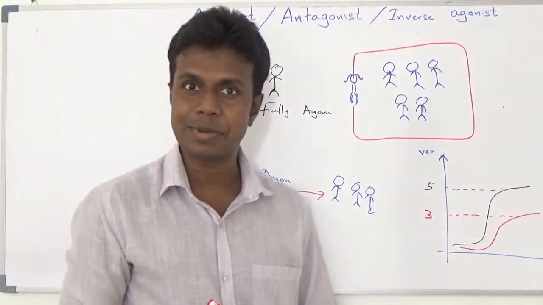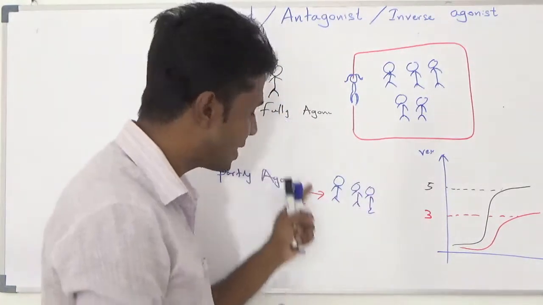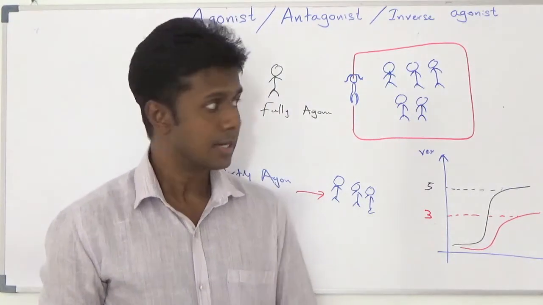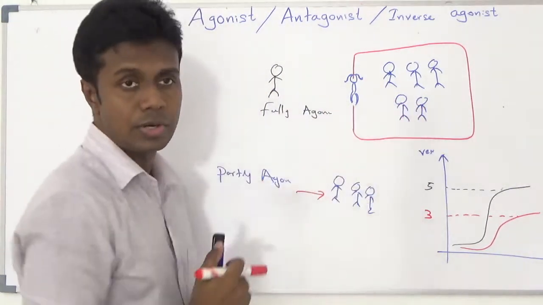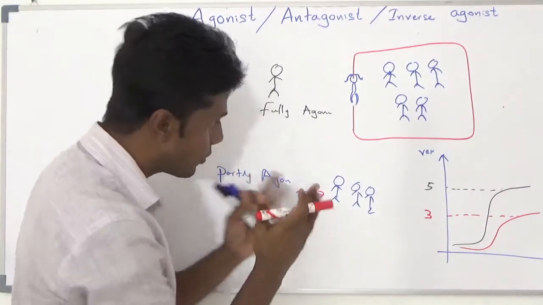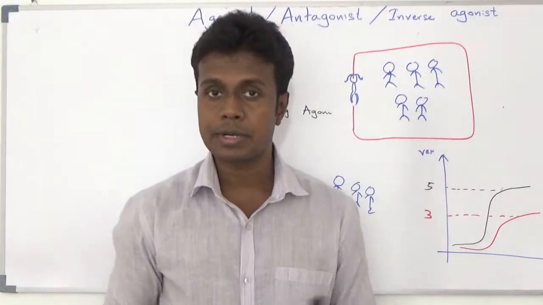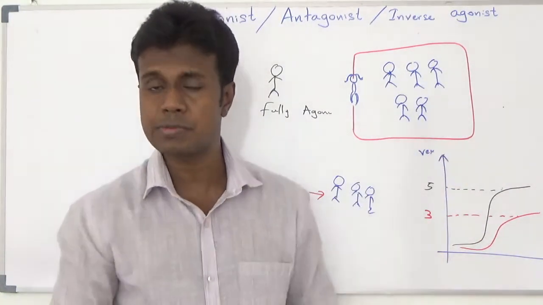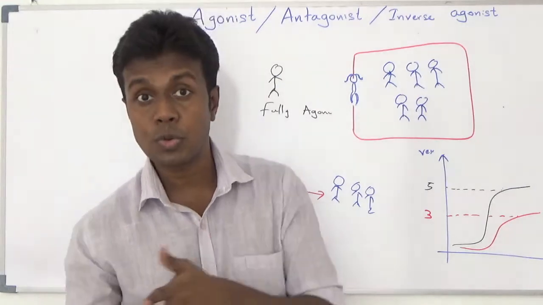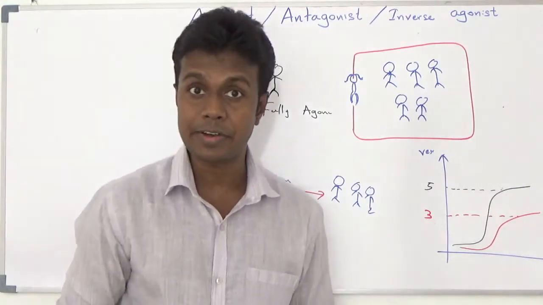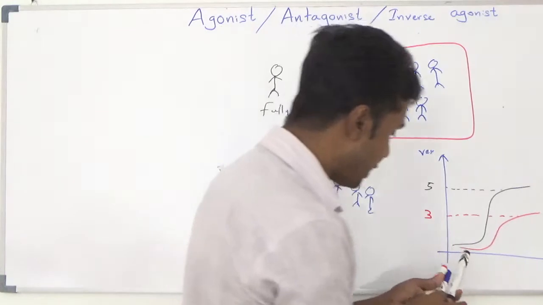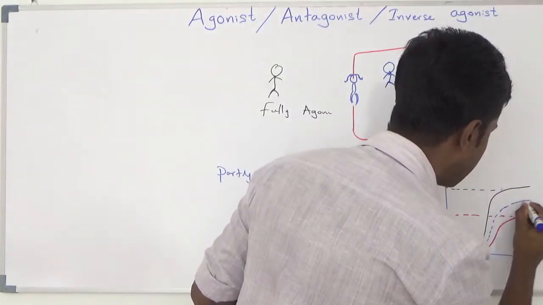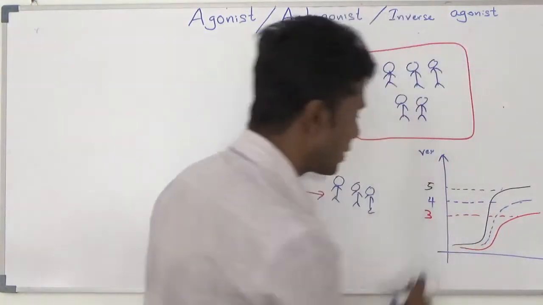Now I am going to do an experiment. I am going to mix this one and this one together and check the response. Some of them produce 5 children. Some of them produce 3 children. But when collected together, they are not going to produce maximum effect, and they are not going to produce minimum effect. The effect will be in between the 2. It will be 4 children.